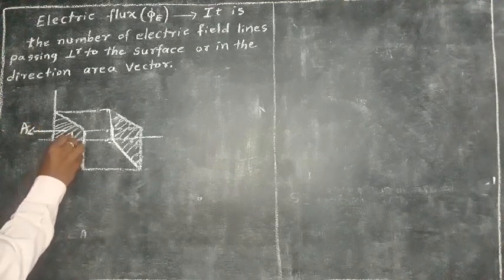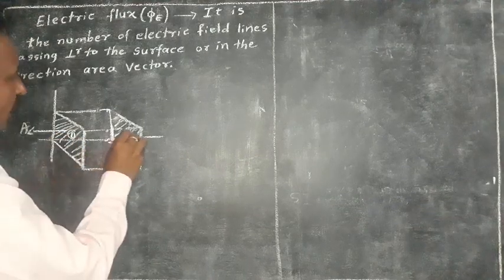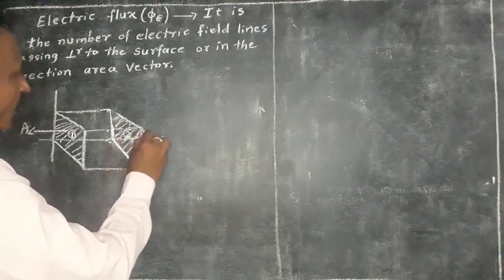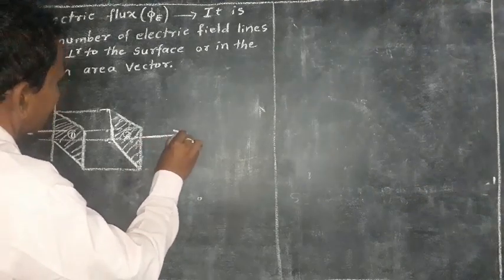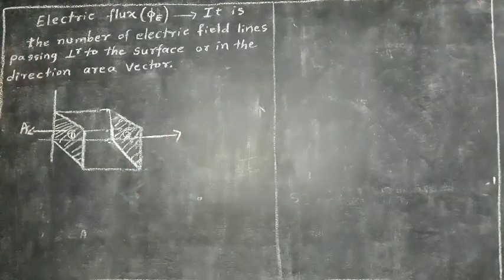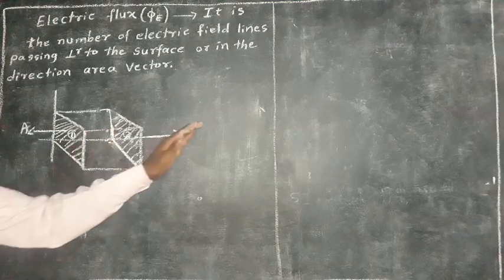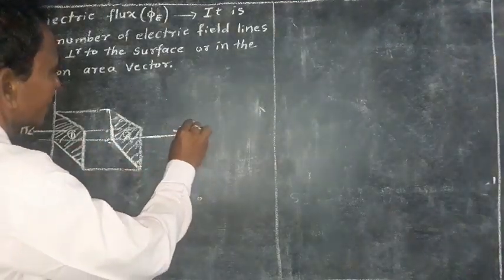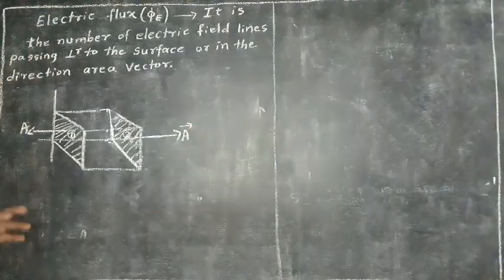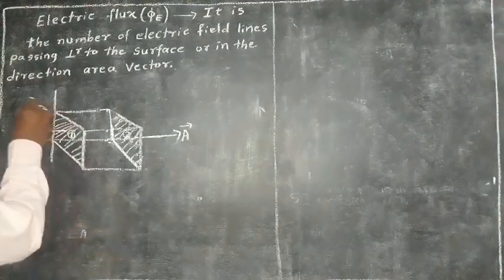This is for the first surface. And for the second surface, the area vector is the outward normal. It is the outward normal for the second surface. Now, if this cube is placed in a uniform electric field,